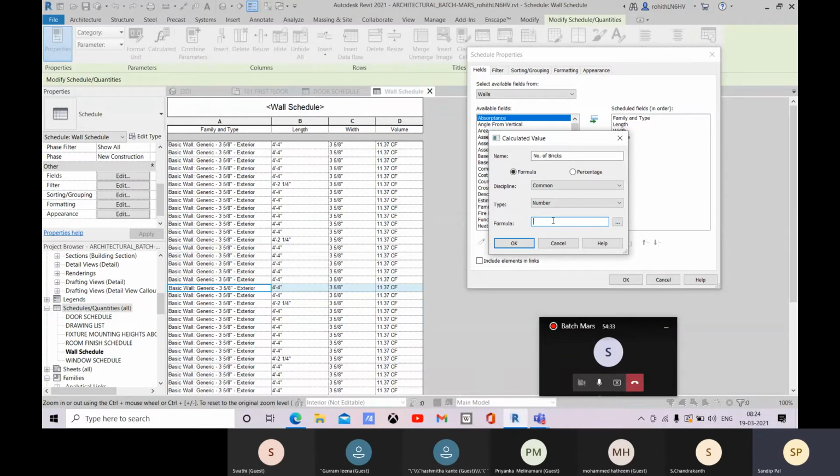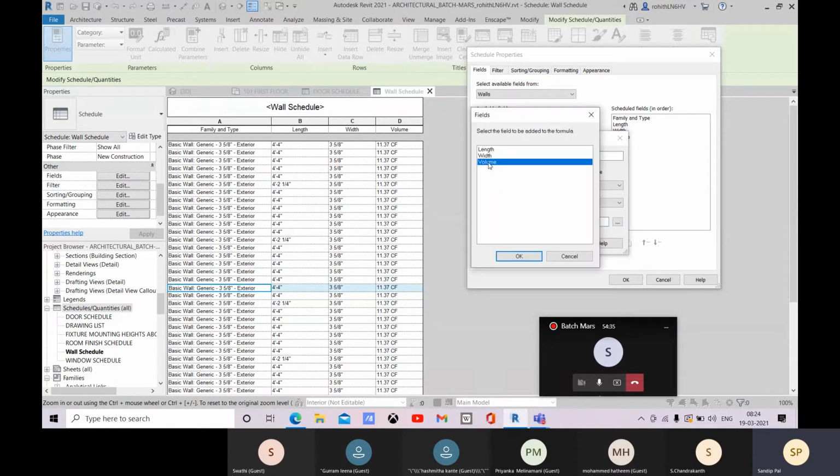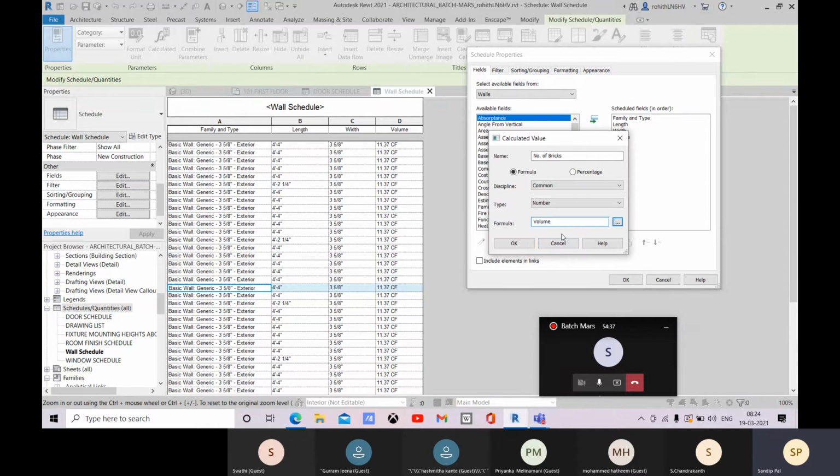Okay, so here you will select this volume, and then divide by, here you can mention 0.002 meter cube if you are working in meters, or else you have to convert this into cubic feet, right?